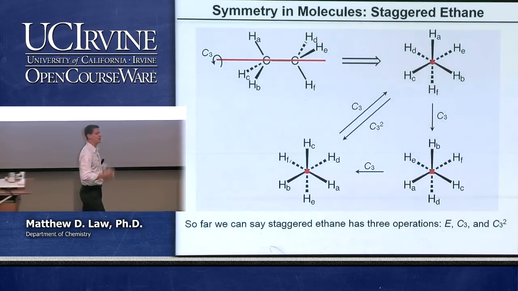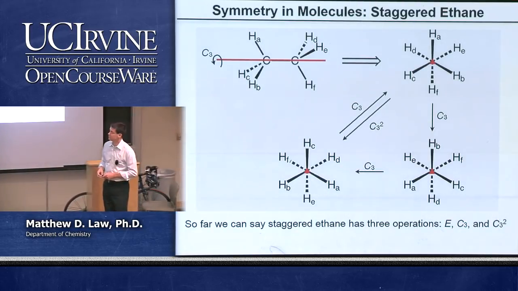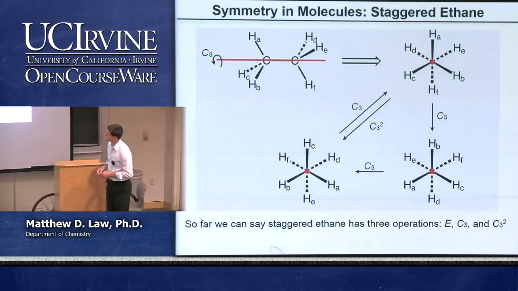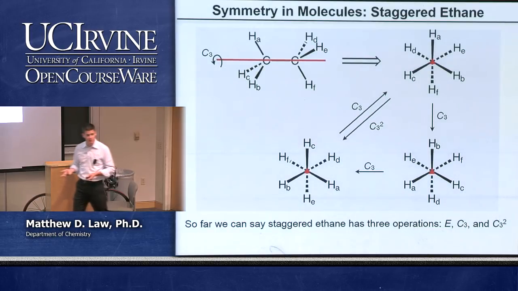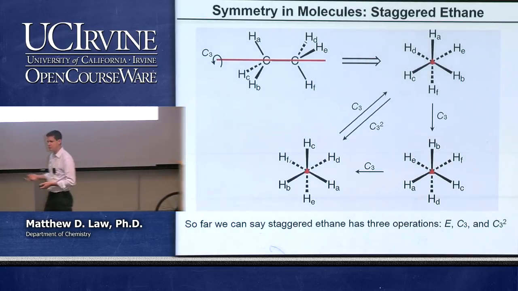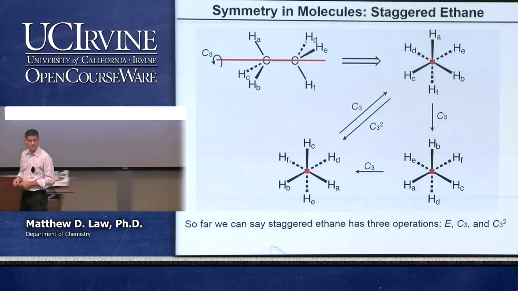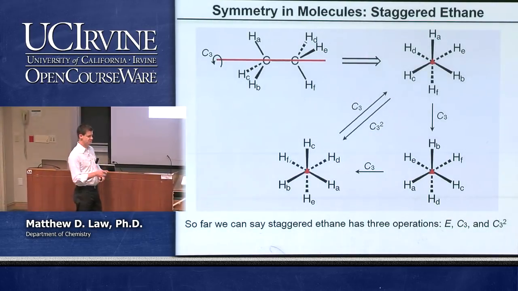Okay. What other symmetry elements and operations pertain to this molecule? Well, we can tell right away that there are going to be several more, at least. So let's look first at other axes along this same axis here. Is there a C2 axis along that axis? Is there a C4? Is there a C6? What do people think? Do we see other rotation axes along that direction? We'll get to the S's in a bit. What about just proper rotations? Any other proper rotations? Is there a C2 along that direction?